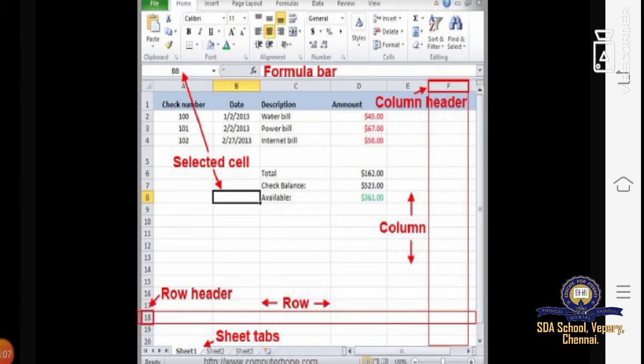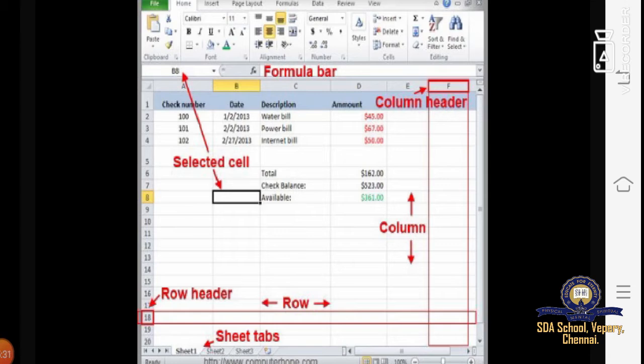In this, the file options are there. Whatever files you want to use for Excel, where the arrow is showing near the file, you can see over here. So right on top of that, this whole section is about the files and all the things that you are going to use for a spreadsheet.